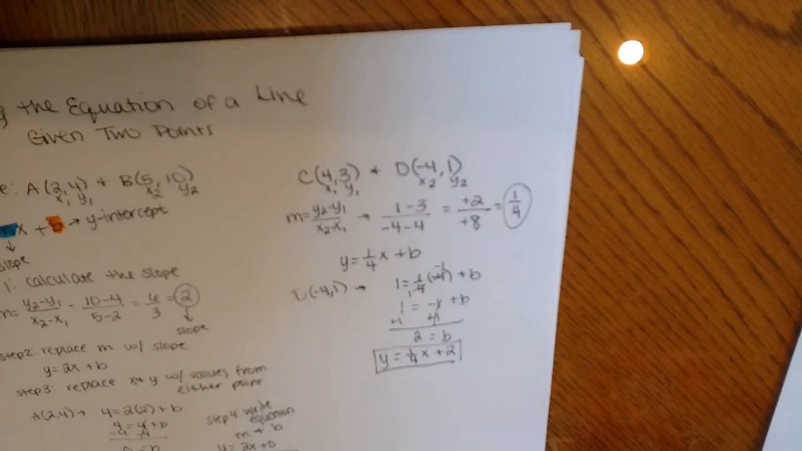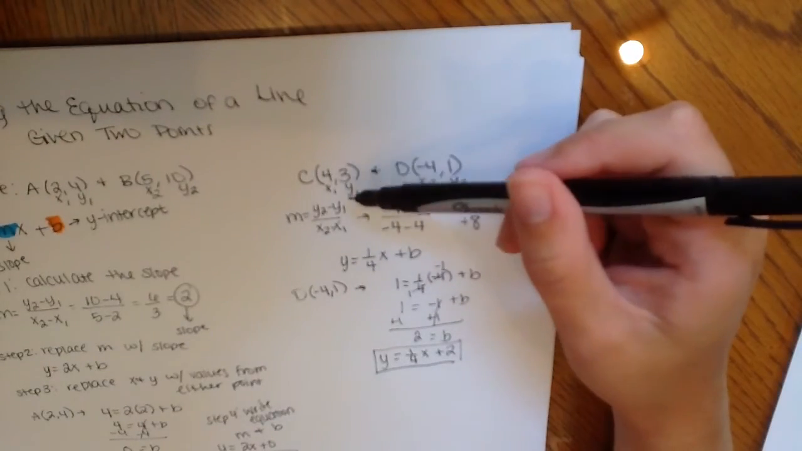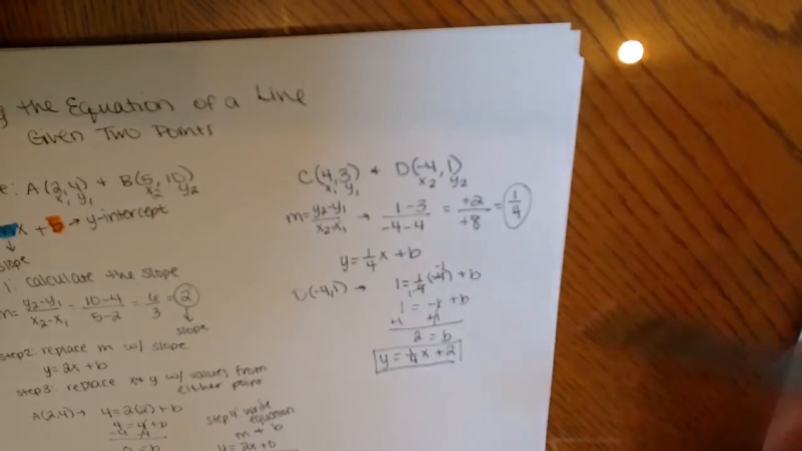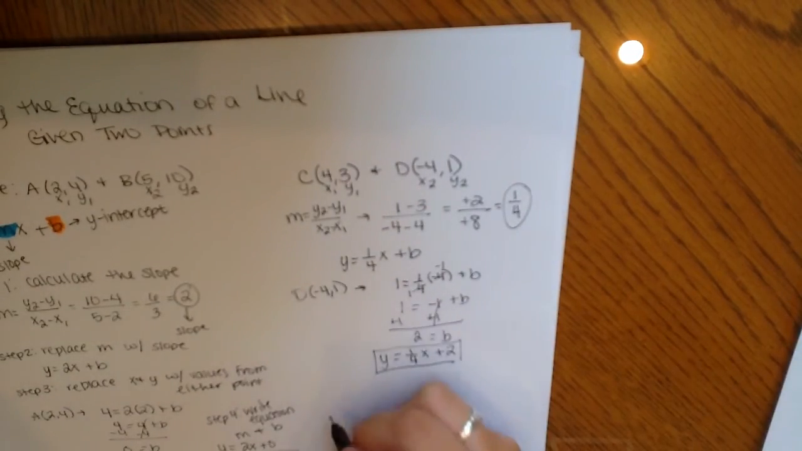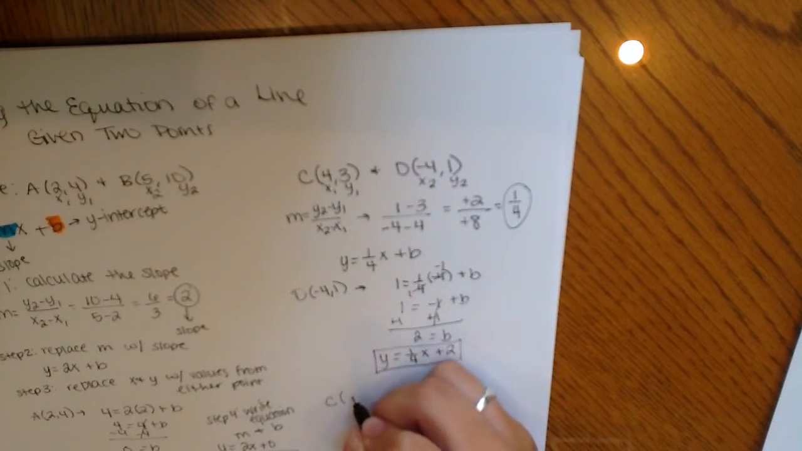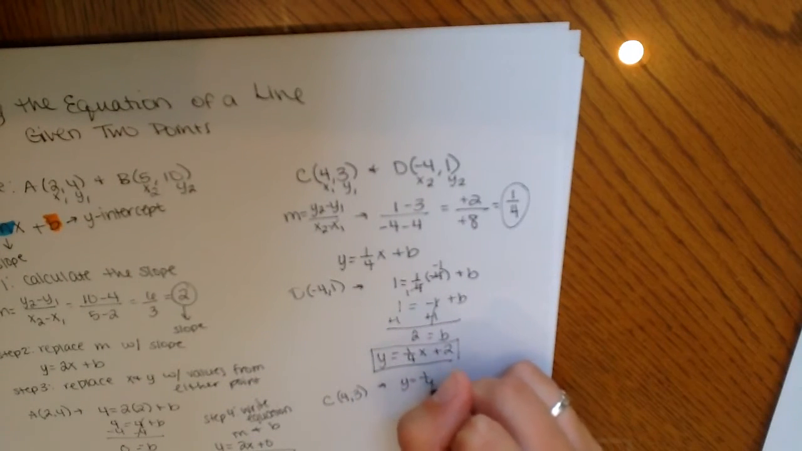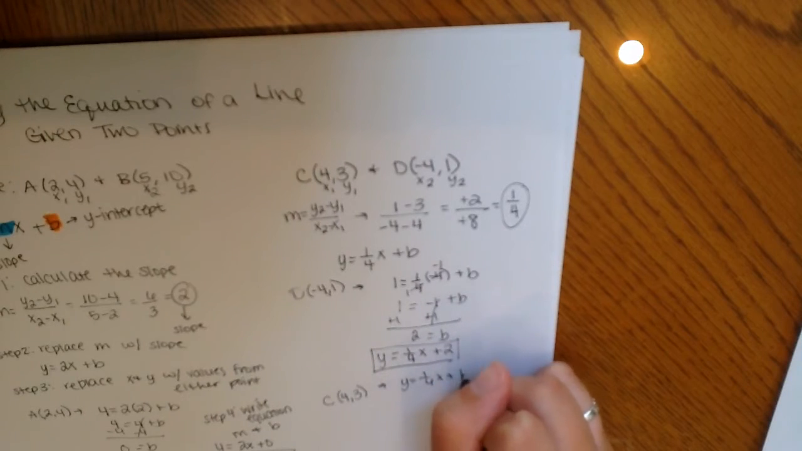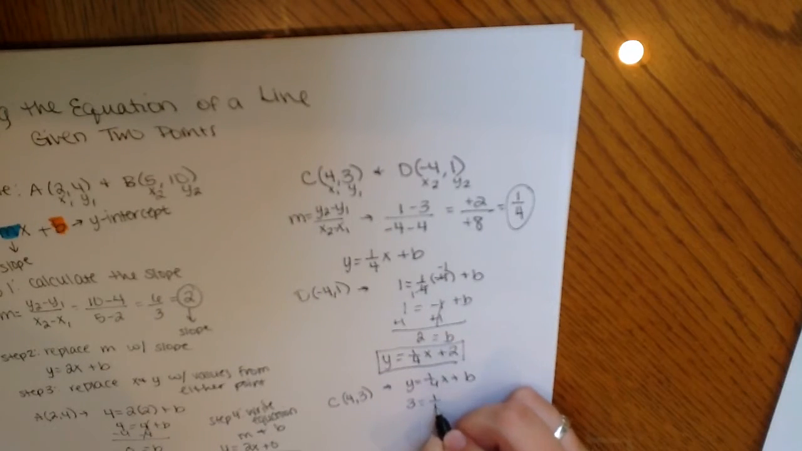Now, like I said, if we used point C, we would get the same answer. So let's test it out, just so you can see. The slope is still the same. So let's try it if we evaluated this with point C. So x equals 4 and y equals 3. 1/4 x plus b. Again, this time x is 4, y is 3. So 3 is equal to 1/4